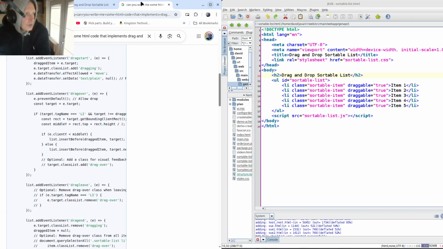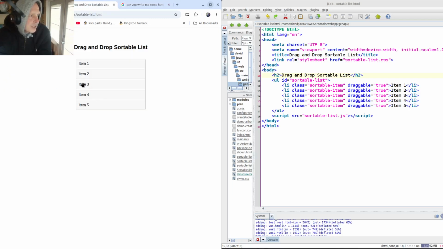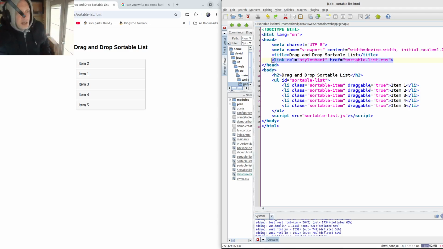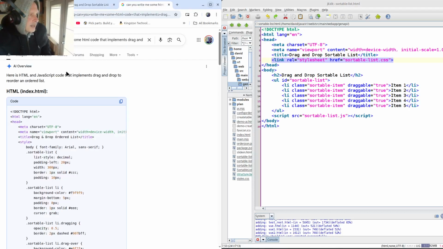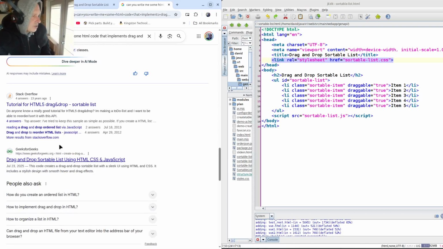So what you do when you're coding with AI is you first get the result that you're looking for. So this is the perfect ordered list that I want. Unfortunately, I kind of tried to make it neat. I separated everything out into its own components, and the code is quite clean this way. But what we want to do is combine them. So we want to get AI to help us with that. So what I recommend is use AI to first generate what you want, and then